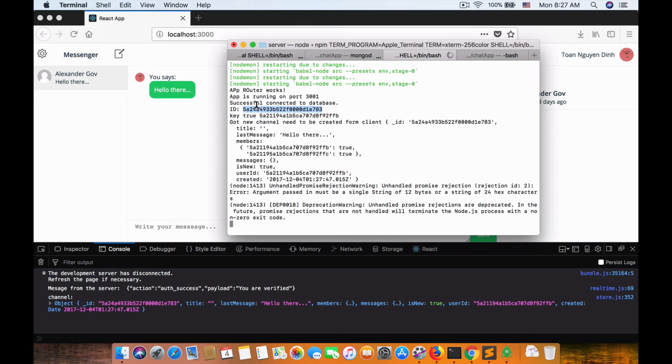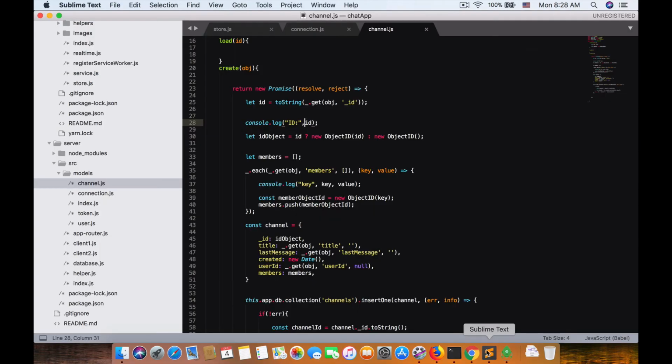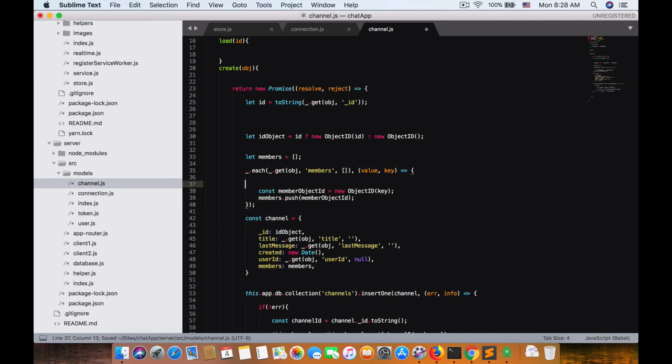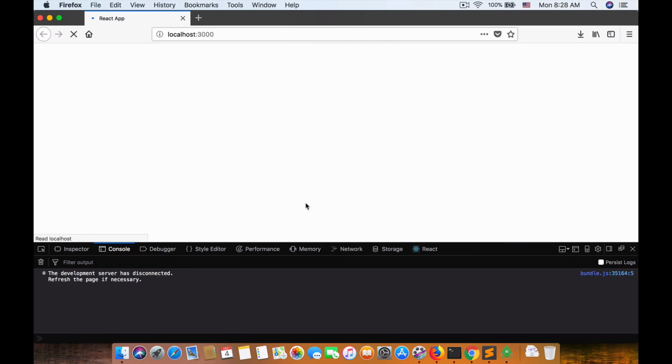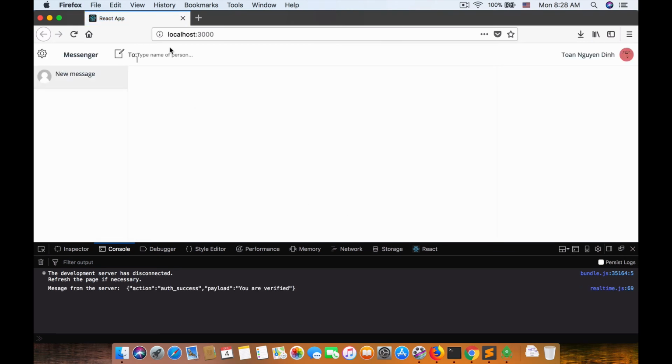We got the key exactly this, and key true. Right, the problem is the key is true, but we got the value exactly as it should be. So the problem in this case is not the ID. The problem is key and value, and we should create the new object value right here, not key. So it should be value right here, and here we can pass key. Cool. So one more time. Let's see in our collection, and no channel created. Here refresh again, and I am going to create again with Alex,